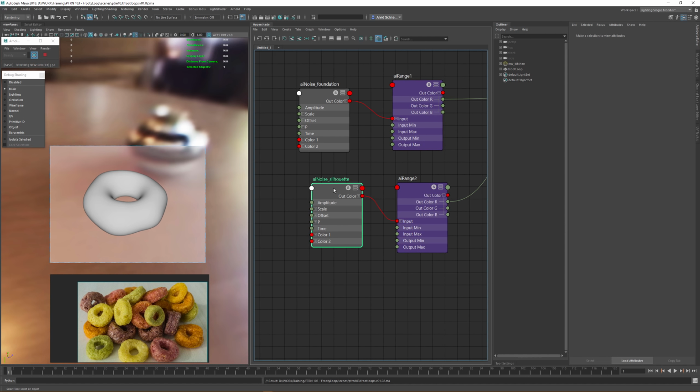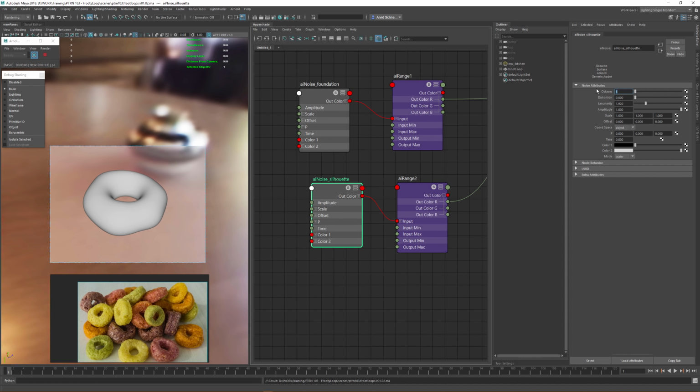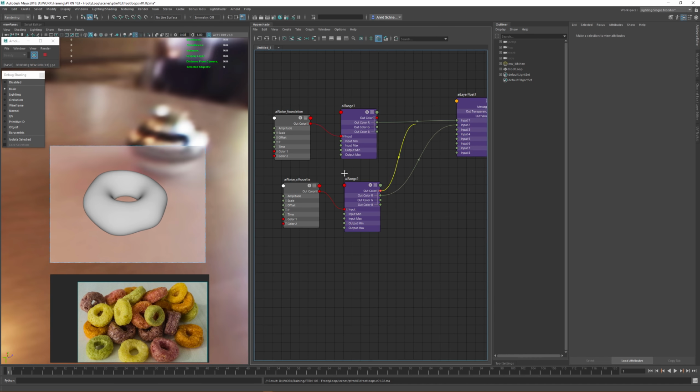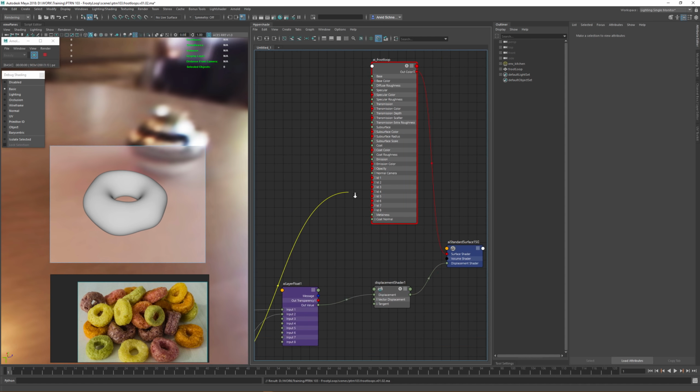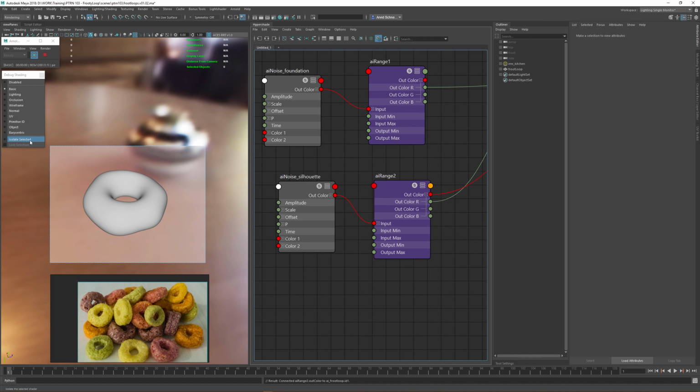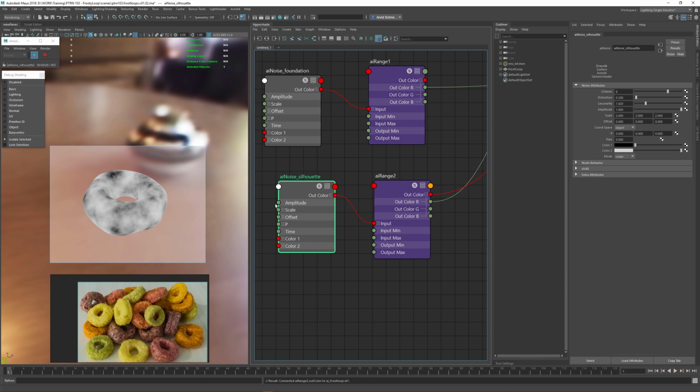So let's just maybe for now go really detailed. Let's go maybe 6 octaves. We add some distortion, maybe 0.2, and maybe a scale of 2, and no offset, like this. So this is pretty detailed now, and if I connect this to my shader itself into an ID slot, which I'm just using to actually use the isolate selected function, we can see what my pattern looks like